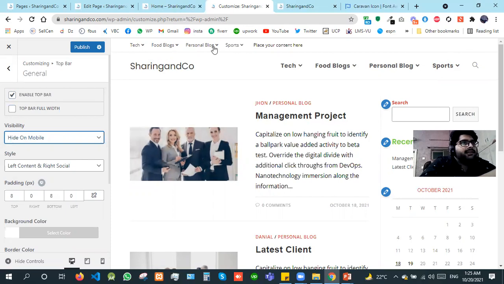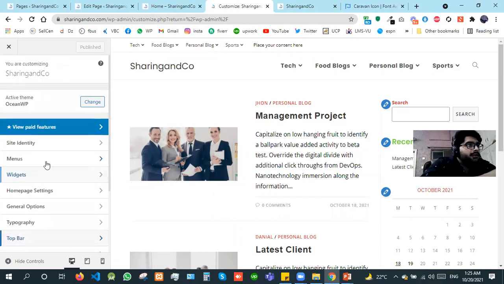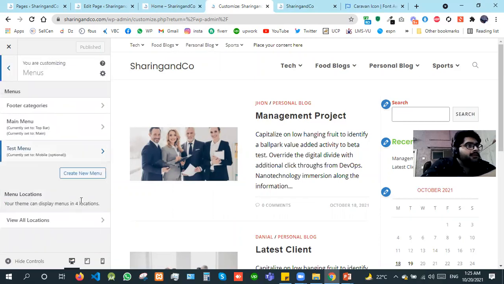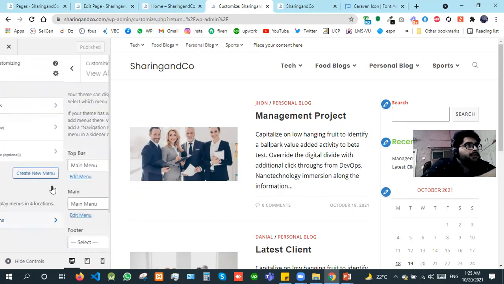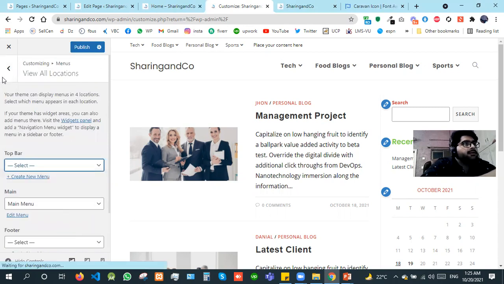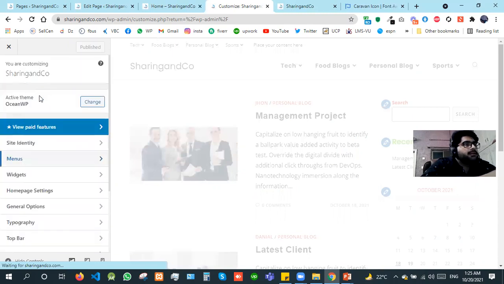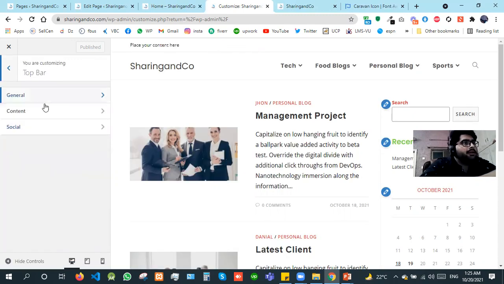Okay, so why is it showing the menu? Let me just quickly go to these menus, and let me show you why. Okay, you see it is currently set to top bar, so I will just change this to none. Okay, so this menu will disappear from here,